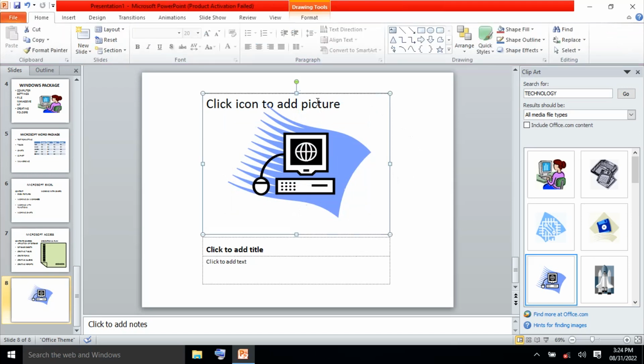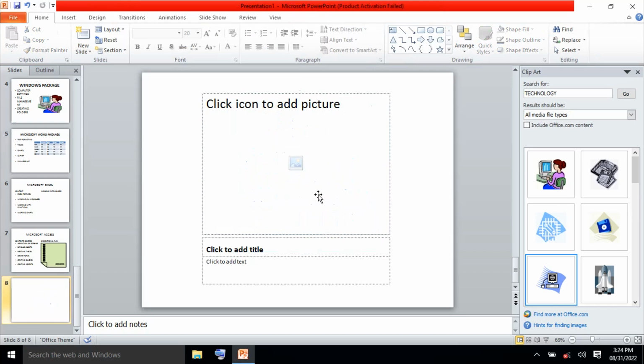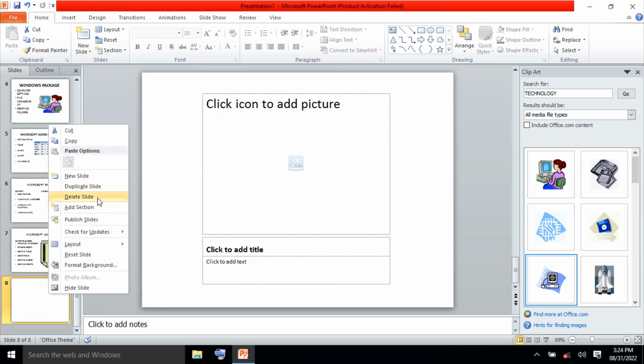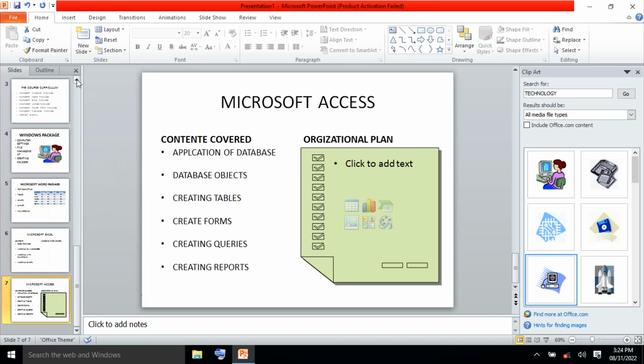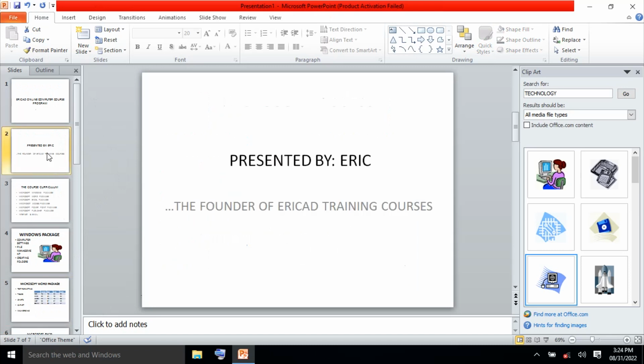Then again, so that we can, let's do away with this. Let's see whether we can type something here. Great. Let's remove this one. It may not give us what we are looking for. And let's go to the, let's in between here, let's insert one more. Let's insert one more